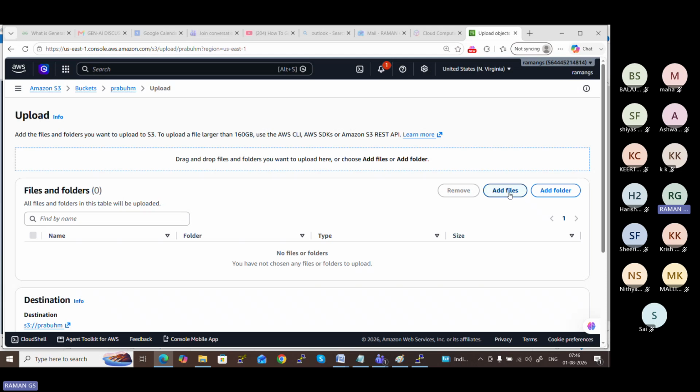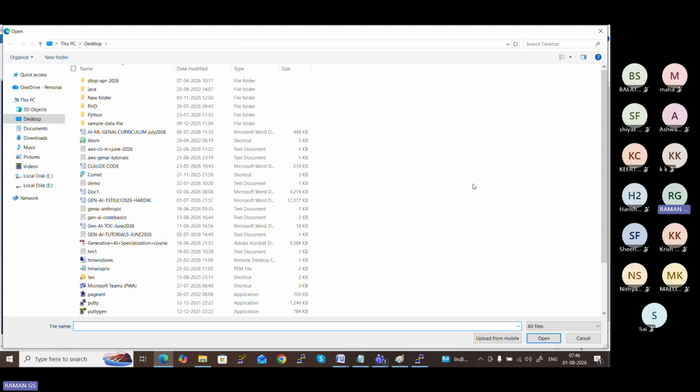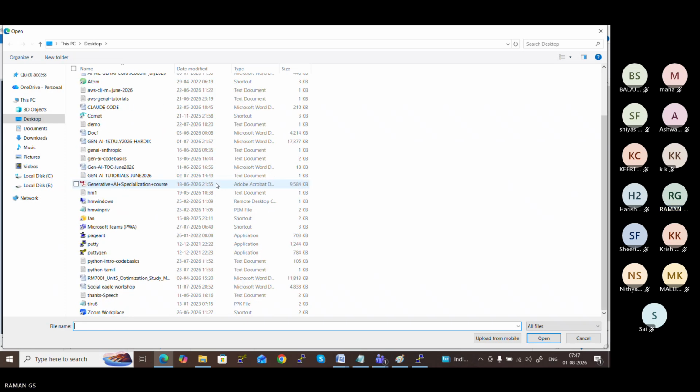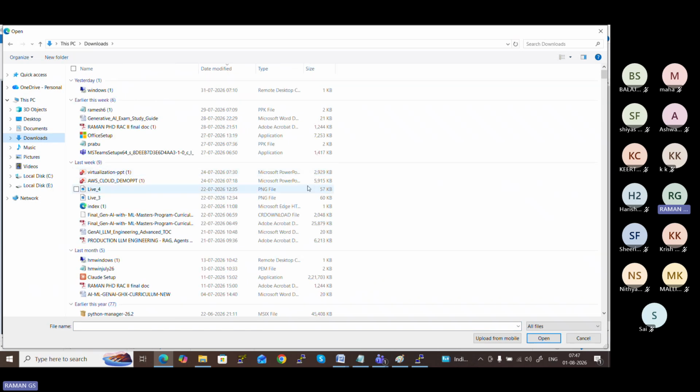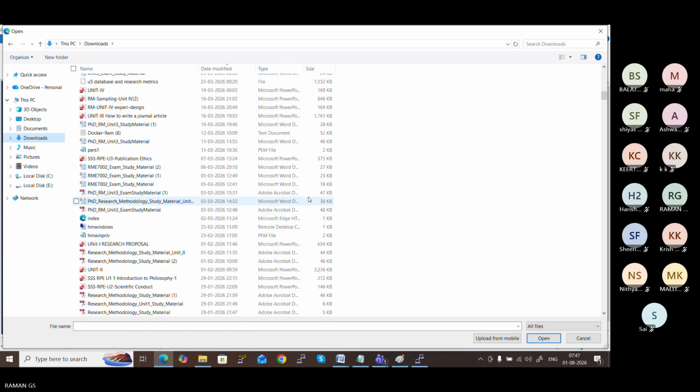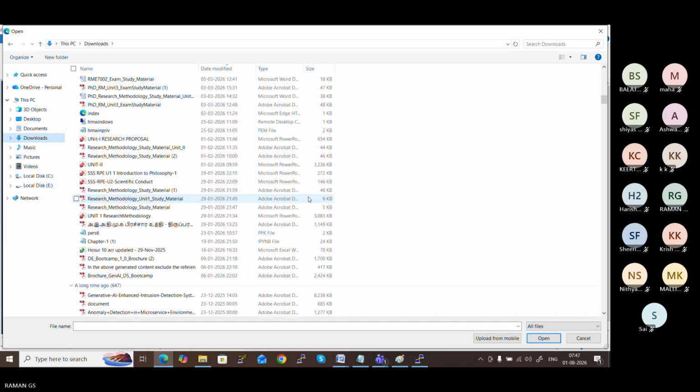So I am going to add a file. If you want to create a folder and configure a file within that folder, yes, it is possible. Now straight away I am going to add a file. Click add files. I am going to add some images. Let me check in the downloads whether I have any images, PNG file, PPK file, JPEG file.